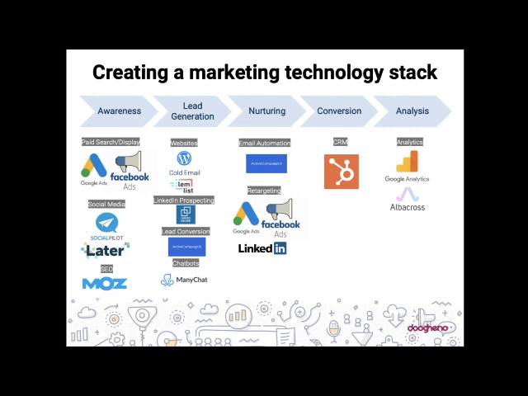And in the lead generation side of things, obviously you've got your company website, you might be using cold emails, lemlist. I'm going to talk about lemlist again a little bit later on, because I think lemlist is a fantastic tool for cold email. You might be doing LinkedIn prospecting, using something like Dux-Soup or Linked Helper. You have to be careful with these because LinkedIn don't like automations. You have to be really careful how you use them and when you use them,